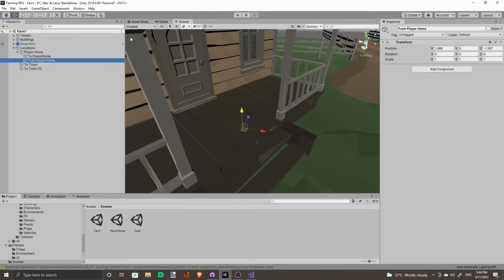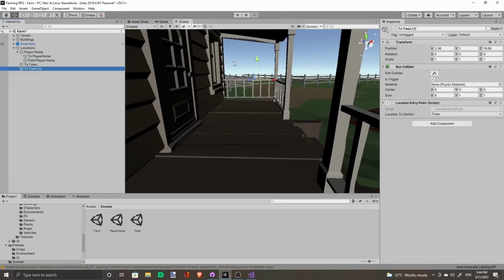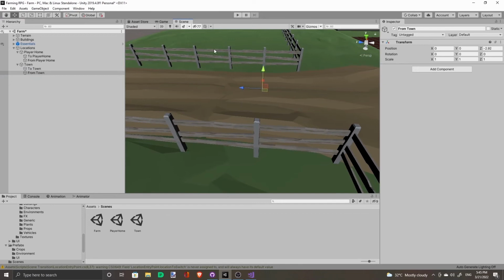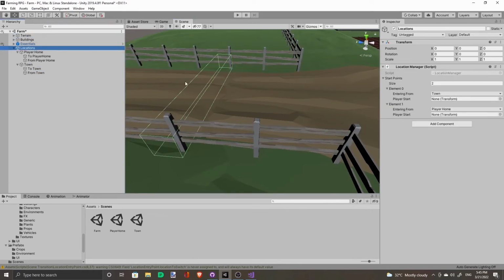They will never touch each other, it seems, which is good. So at the player start, its home will be from player home. The town's from town.